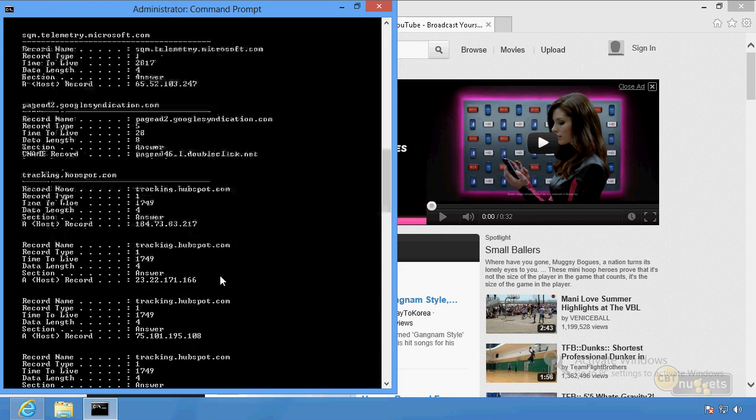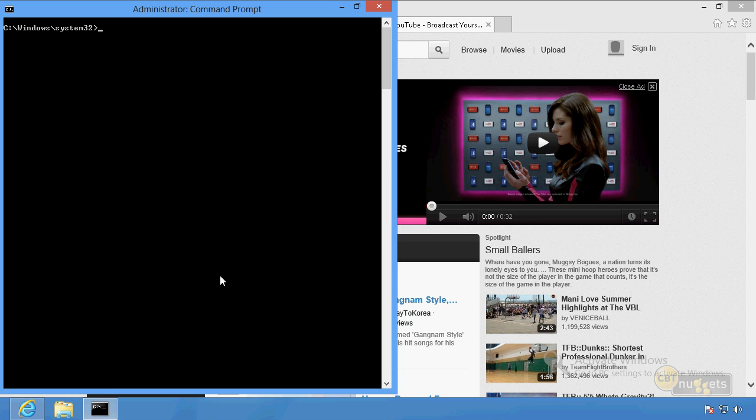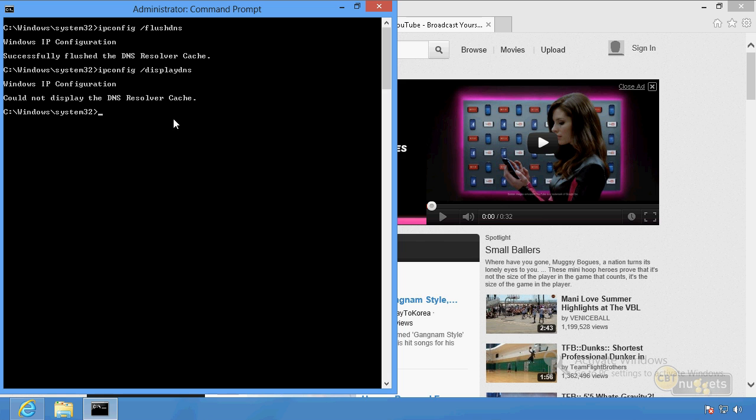And what if one of these got stale and I wanted to clear them all out and perform a fresh DNS query? Well, first of all, I'd have to make sure that my DNS server was also cleared so that it doesn't just deliver stale information back to me to repopulate this cache with wrong information. Okay, so considering that I've done that, I would then do an ipconfig /flushdns. Okay, and that will flush the DNS resolver cache. And now if I display DNS again, we don't have anything. So I would have to fully resolve that through my DNS server